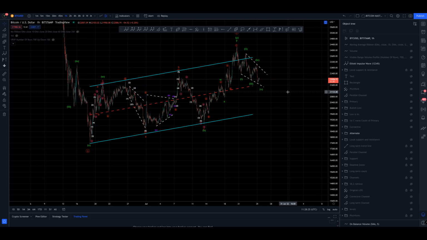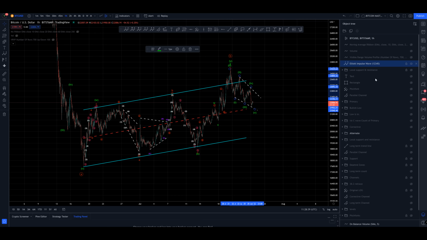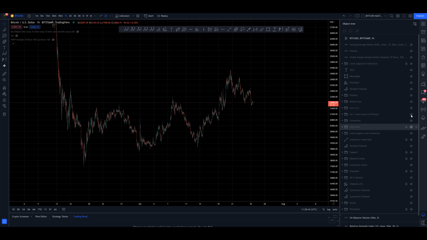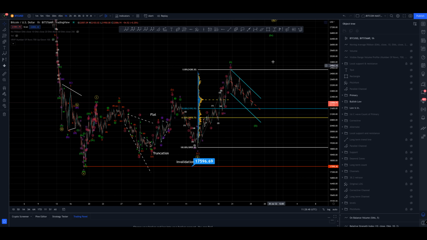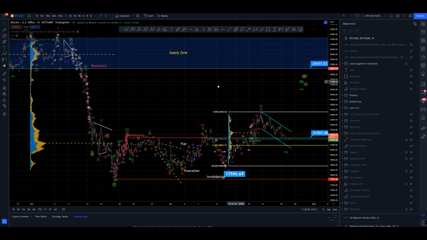So we're going to know sooner or later, because we're either going to flush down to new lows, in which case we go back and look at our longer term picture, or we're going to rocket out and start going higher and push for that prior resistance, prior support level, which will now become resistance. Let's just remind ourselves of that for the moment. And let's bring up that local support resistance.